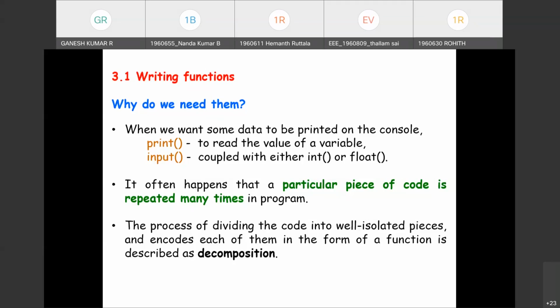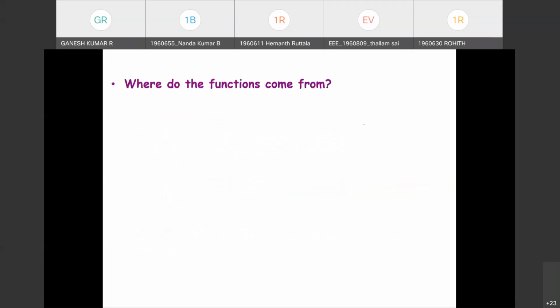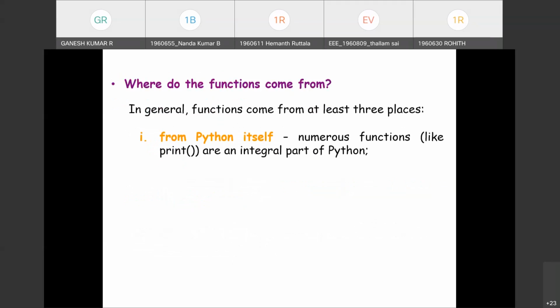Now, where do these functions come from? In general, functions come from at least three places. One, from Python itself, as we mentioned, with the help of the print function and input function, we have a number of inbuilt functions in Python itself, right? So these functions are part of Python itself.